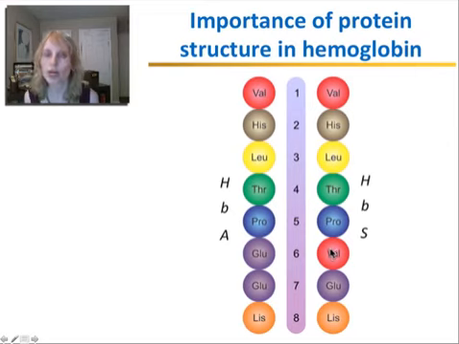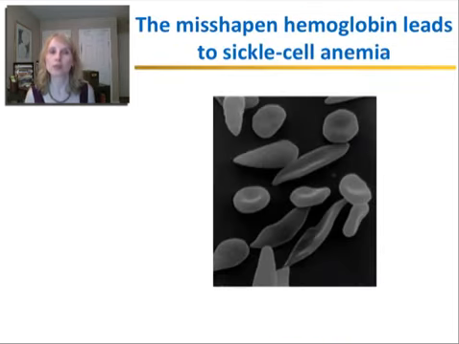Now, you might wonder, if hemoglobin has hundreds of amino acids, how does changing one make a difference? Well, it does. Each amino acid has a different variable group, and this variable group affects how the protein folds, whether that amino acid is able to form hydrogen bonds or van der Waals interactions or ionic bonds with other amino acids. So changing just one can disrupt the shape, and the shape of the protein can disrupt how it